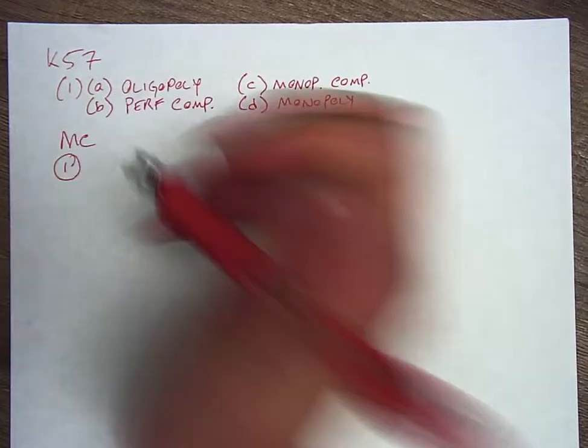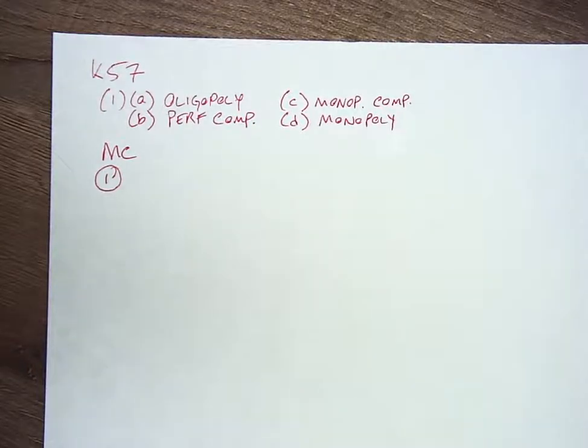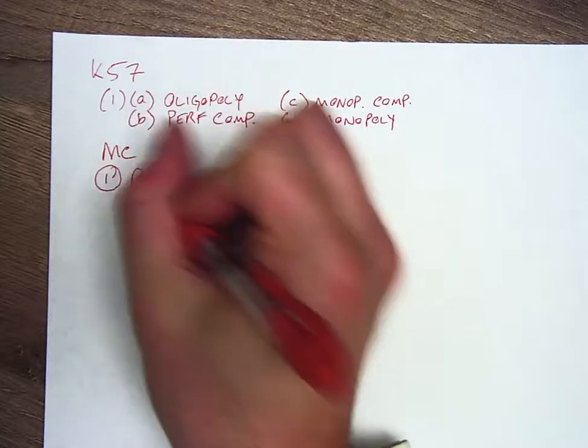Multiple choice number 1. Which of the following is true for a perfectly competitive industry? A, many firms, each with a large market share. Well, the first part's true, but not the second. In perfectly competitive, they don't have a large market share. B, the firms in the industry produce a standardized product. That is true. We're going to check C, D, and E and come back, but B is probably going to be our right answer. C and D say there are barriers to entry and to exit, and that's not true of perfectly competitive. In perfectly competitive, there aren't any barriers to entry and exit. And then E, there are a few firms, each with a small market share. Even though they have a small market share, there are many firms, so E is not right, so the right answer is B.